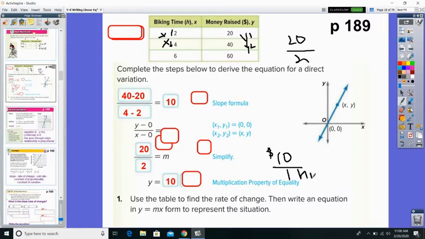Instead of writing over 1 hour, the hours was the x, so you could simply write this as an equation. y equals, because our equations always start with y equals, 10